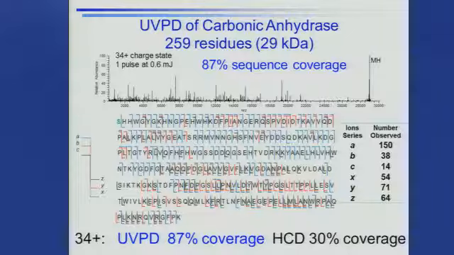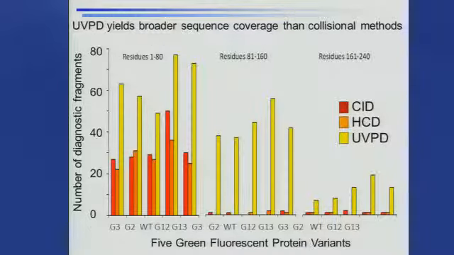If you look at this little map here, you can see that the a ions were in fact the dominant type of ions formed, with lesser amounts of b and c ions. And from the C-terminus side, you can see x, y, and z ions are all quite predominant. When we compared HCD, the higher energy collision-based technique, for the same charge state, we attained about 30% sequence coverage. And the reason one does see higher sequence coverage for UVPD is that these fragmentations extend deeper into the sequence